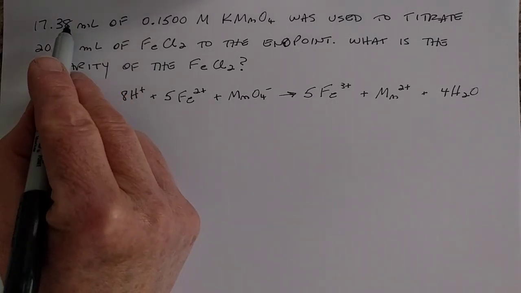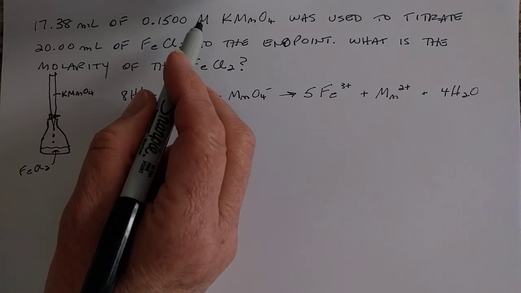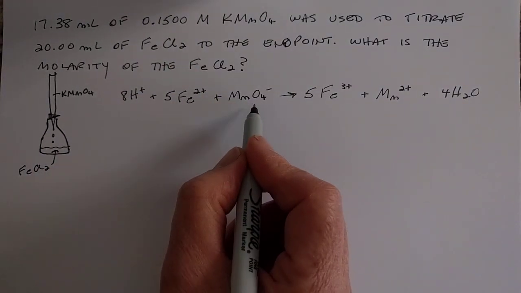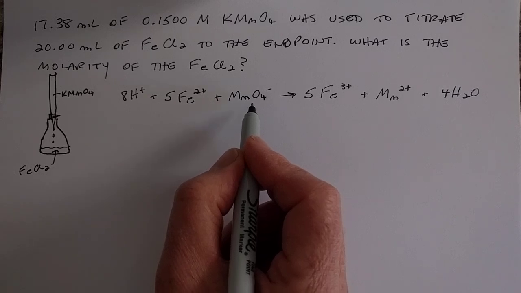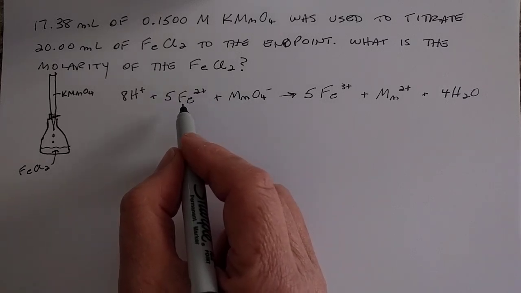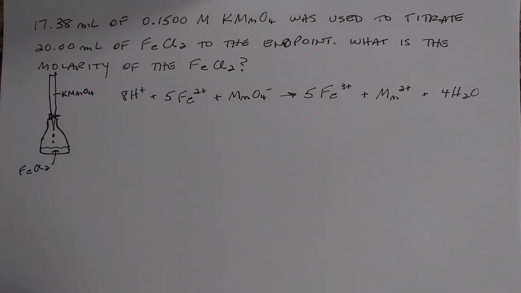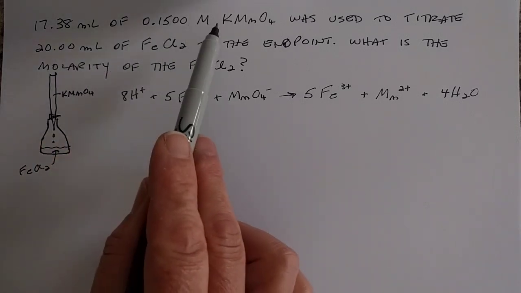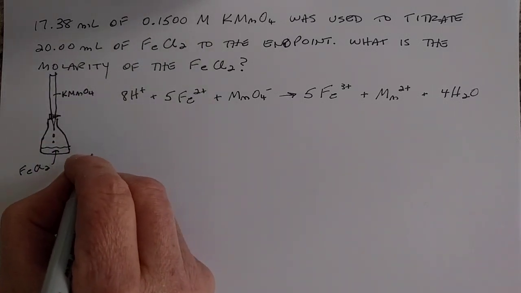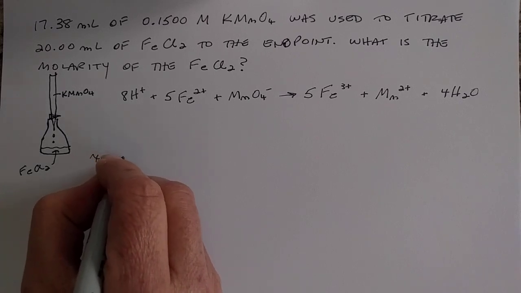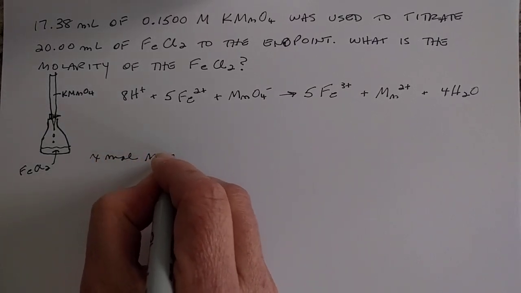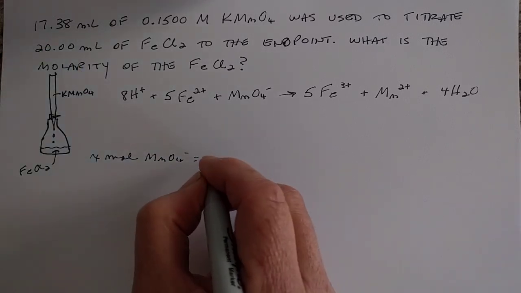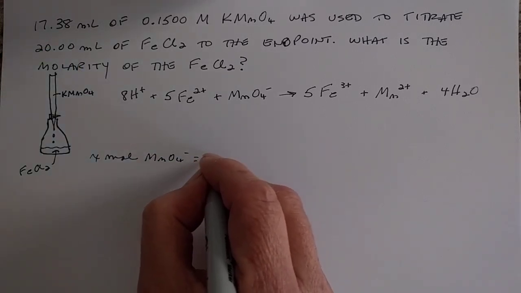All right, so to do this, we can just do this basically using stoichiometry. So we have the volume and the molarity of the potassium permanganate. So we can figure out the moles of the permanganate and then just use stoichiometry to get the moles of the iron and then change that to molarity. All right, so first I'm going to figure out how many moles of MnO4- I have. So X moles MnO4-, set that equal to our volume,